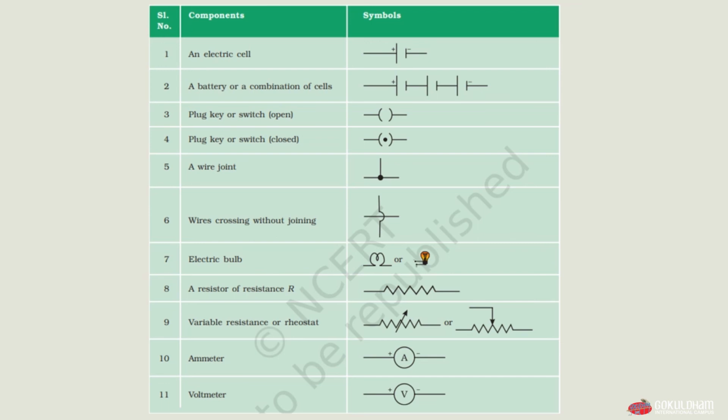You have also seen this symbol in our circuit diagram 12.1, where the ammeter was placed in the circuit with the symbol A inside a circle, and it also has positive and negative sides. So this is the symbol for an ammeter. The 11th one is the symbol for a voltmeter, which is the same as the ammeter, but instead of A, it has V. It also has positive and negative sides. So these are the commonly used components that you can use in a circuit diagram when you are creating one.